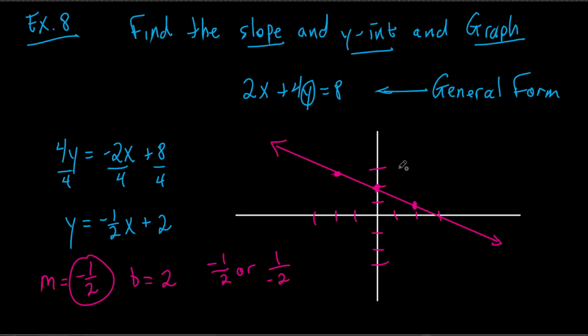All right, so there it is, and there's your graph. So you took something in general form and turned it into slope-intercept form, and you're able to find the slope, find the intercept, and graph it. All right, let's do